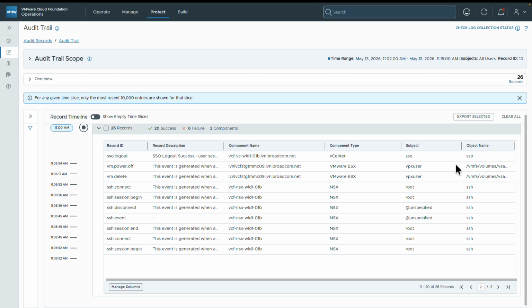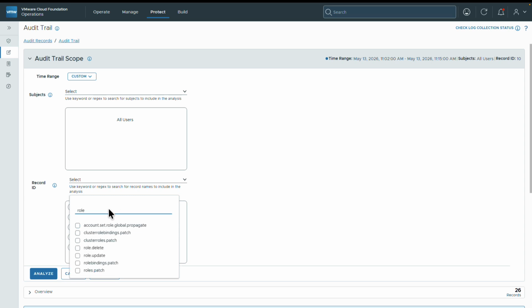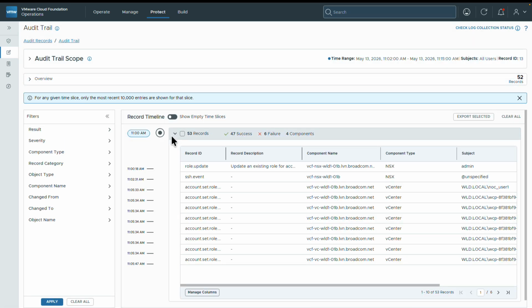So let's go ahead and expand the scope further and look for any role level changes. So we select role delete, update, record IDs, and analyze. Now if we expand record timeline,